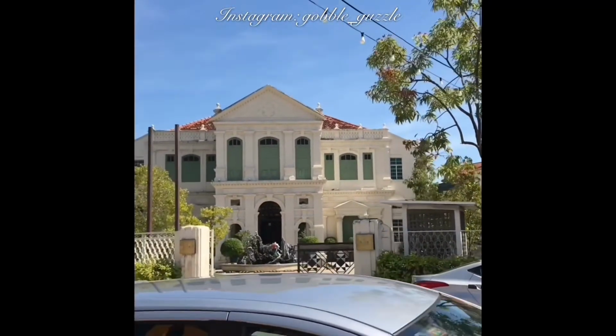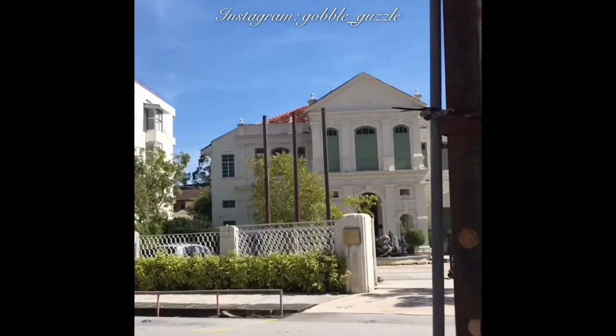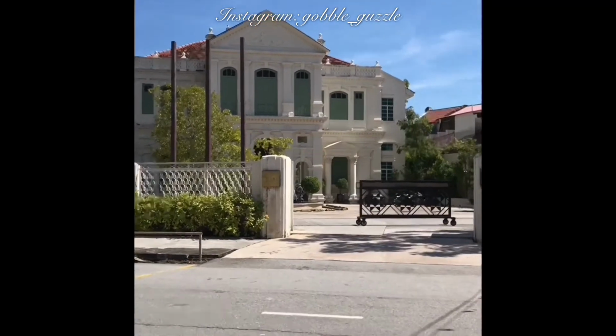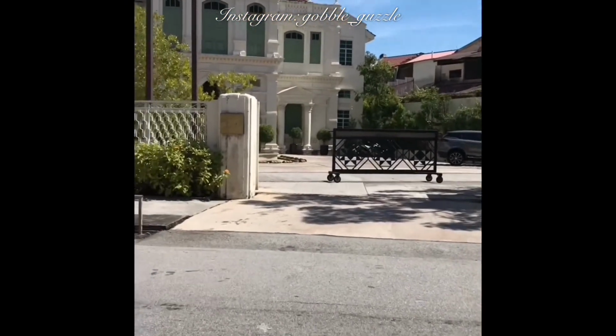This gorgeous heritage building has caught my attention. Well, let me see, it's been more than 10 years ago, and I still can't forget my very first encounter